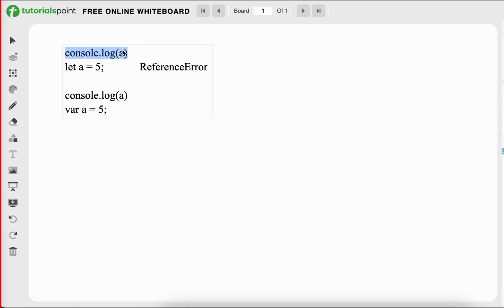The same thing in var, the output will be undefined. There is one concept called hoisting. I will explain later; the hoisting part comes here for the reference error and undefined.